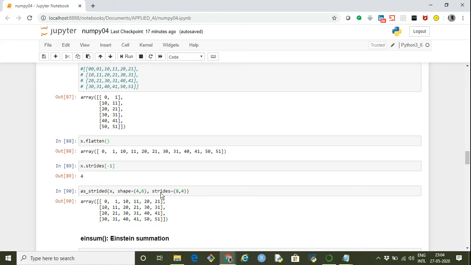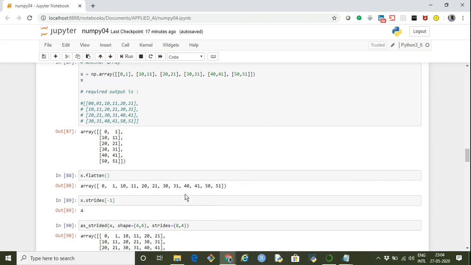Now in strides we have given 8 comma 4. So why have we given 8 comma 4? Let's check it out. Within a row, to reach from one element to the next element, what is the jump that we are making? For example, from 0 we go to 1, then 1 to 10, 10 to 11, 11 to 20, and so on.